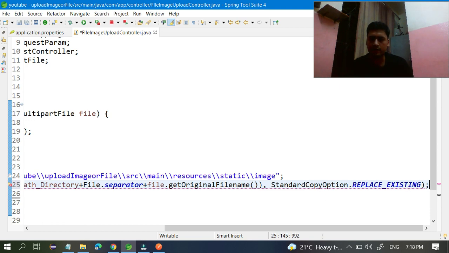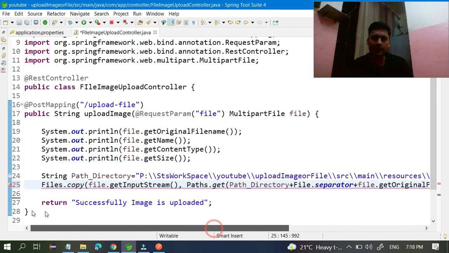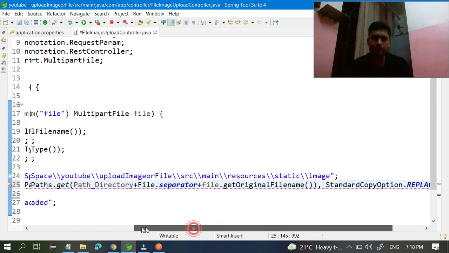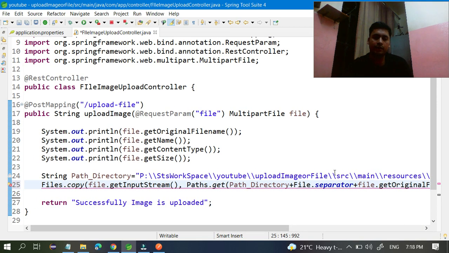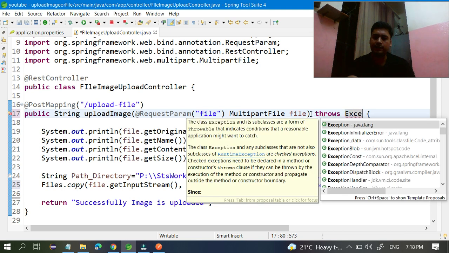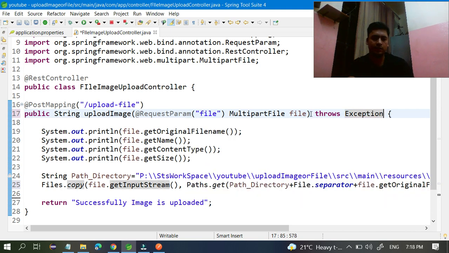So I am going to directly throw the exception so that I don't have to write try and catch. You can see the error is removed, and your data is going to be saved here. Okay, this is the way you can do this.